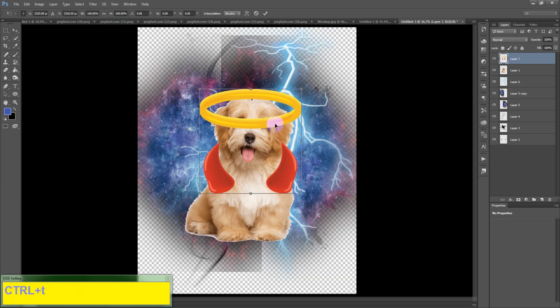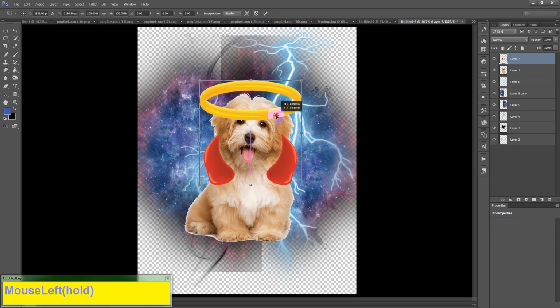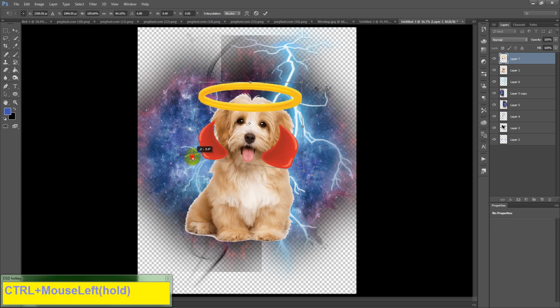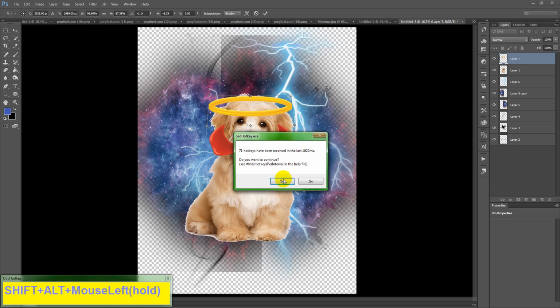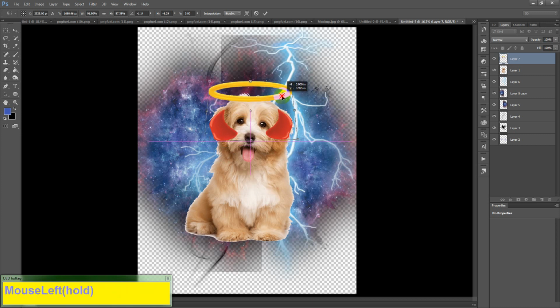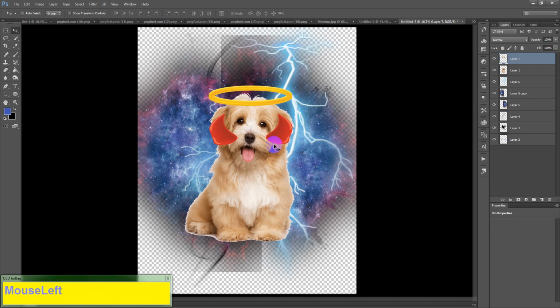I'm pressing Ctrl T to make it like this. So if I press Ctrl on my keyboard, I can individually work on each corner of my design. Like this is the kind of direct selection tool option in Illustrator. So this one is just going to be on top of its head like this maybe. So once it is placed, I am going to